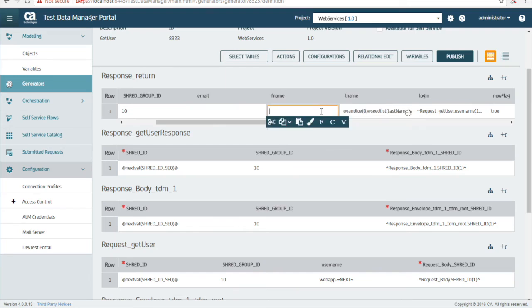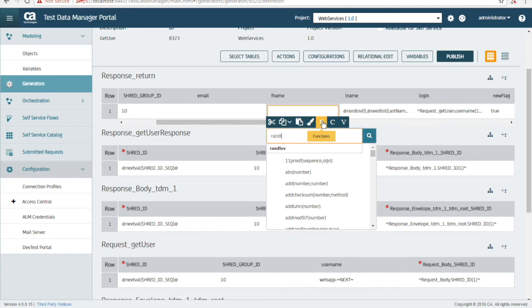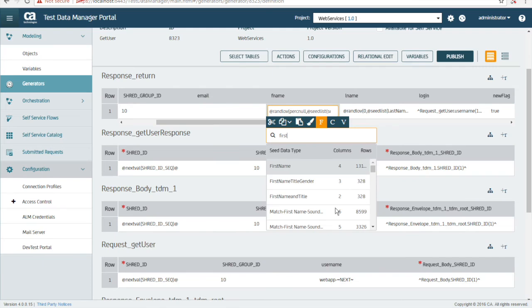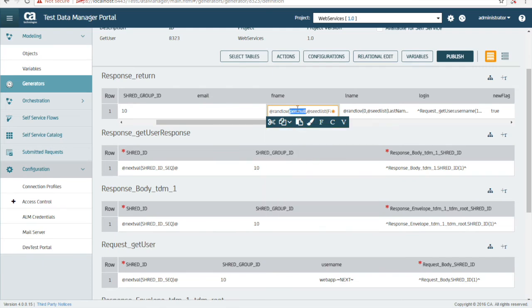And I want to make sure that none of these are null, so I'm always getting a value when I create these. Now, I'll quickly do the same for first name, so function rand lov, and then pick first name, and again I don't want any of these to be blank, so I'll put that as 0,